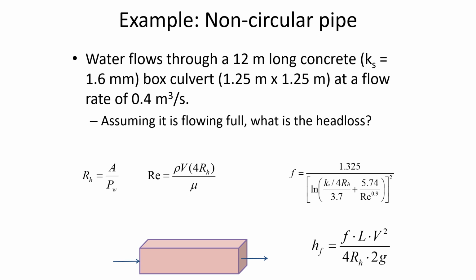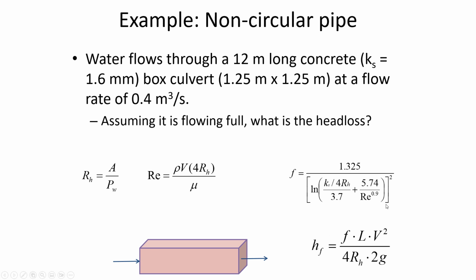To save time for our example on the Three Reservoirs problem, we're not going to work through this problem. I want to preserve our time to go a little bit more slowly through the spreadsheet. Just to tell you the background of this one, we have water flowing through this culvert, and what we know is the dimensions. The 1.25 by 1.25 is what we would use to calculate the cross-sectional area and the wetted perimeter,